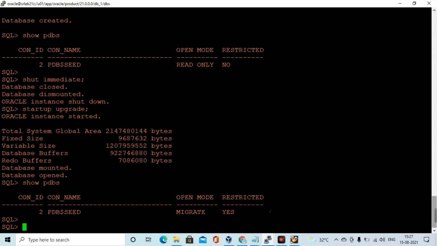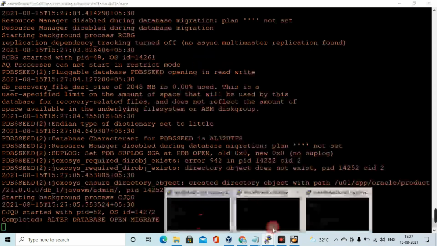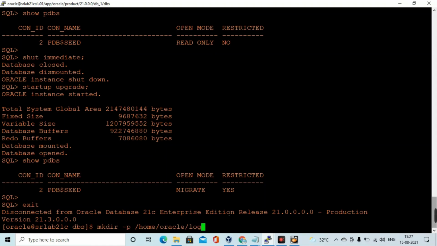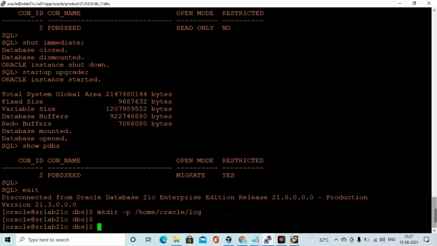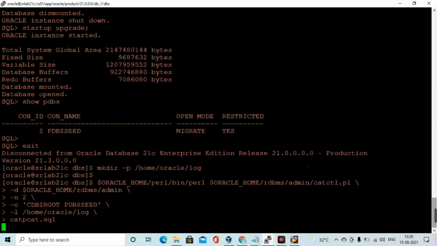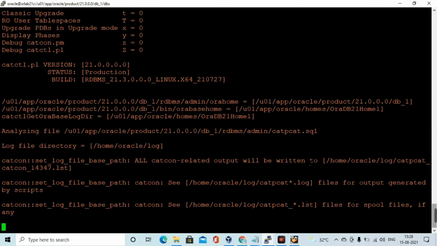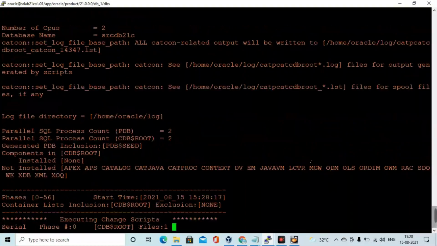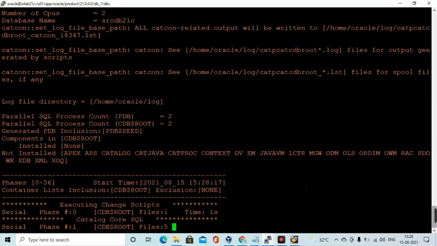I'm going to execute a Perl script, running that combined script. It's executing. Before that I'm creating the log location for catctl.pl. So I'm executing the catctl command.